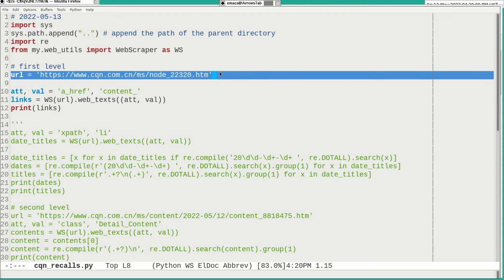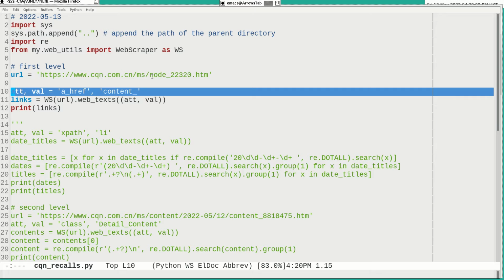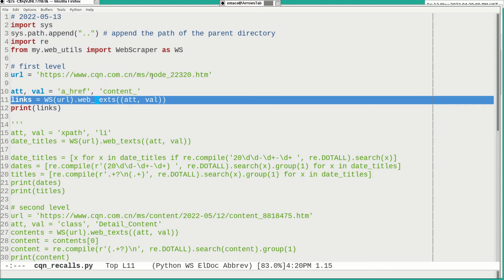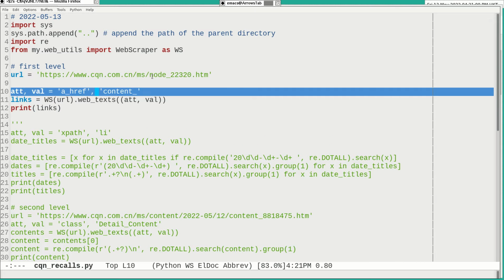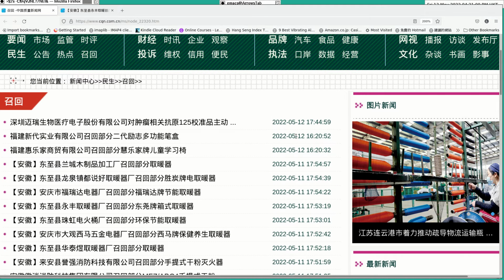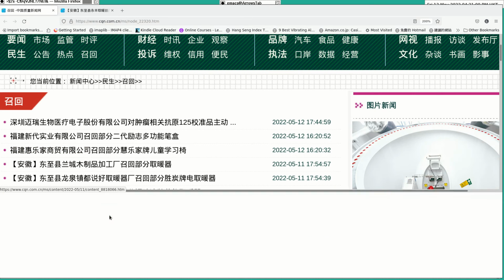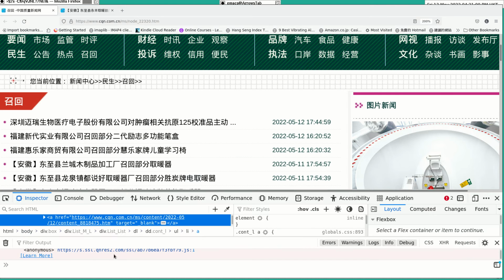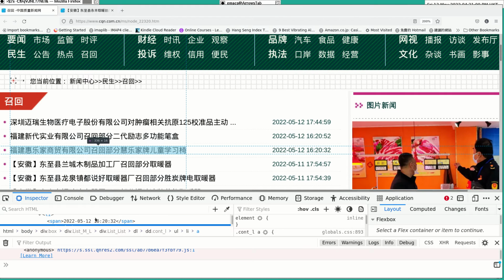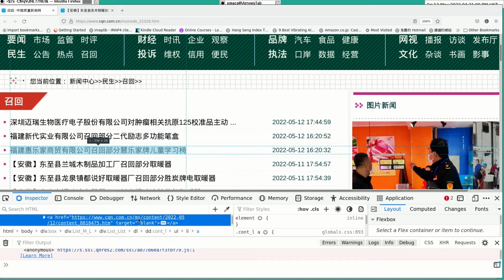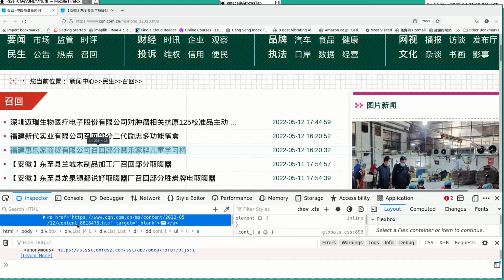Now, for the URL of that quality site, the most important thing is to find out the attribute and the value. And for this one, I can get all the links. How to do it? I think those who've learned web scraping know. It's not too difficult. You right click and inspect, then you can find all the links. One common point is that they appear to have 'content' and then an underscore, and that is possibly